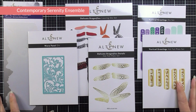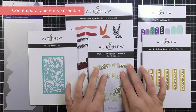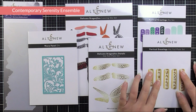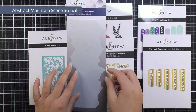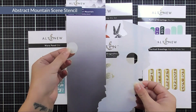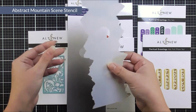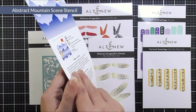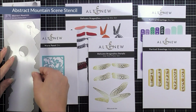Next up we have the Contemporary Serenity Ensemble. This one has a stencil set, a standalone die, and 2 hot foil plate and die set combos. So first up we have the Abstract Mountains, and you can see that we have 2 pieces in this stencil set. We have the little moon or sun, and then we also have 2 different edges that have the mountains on there